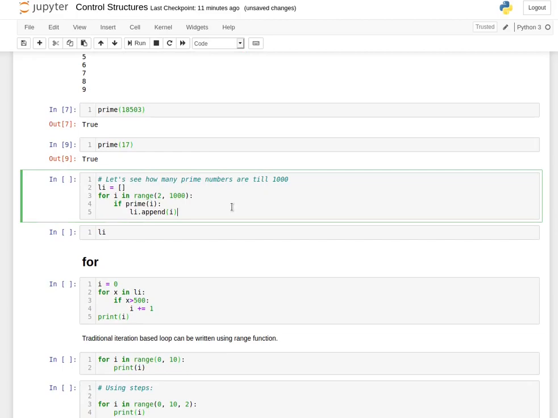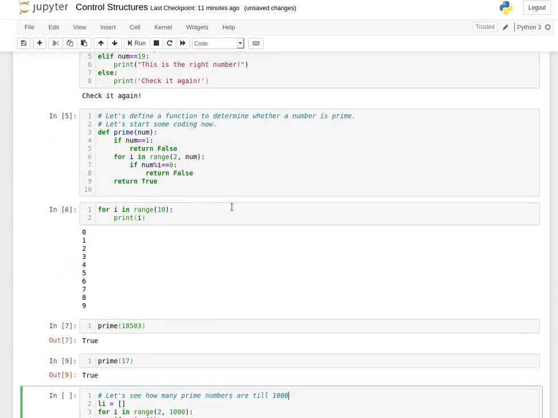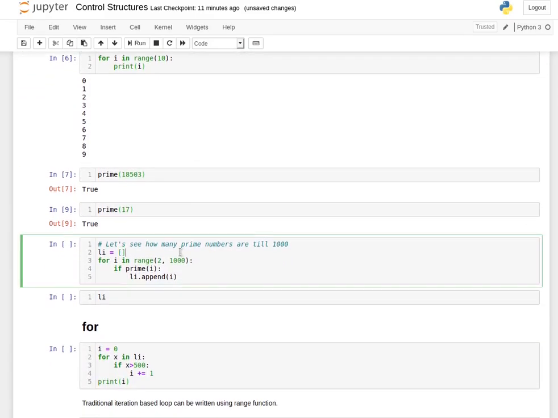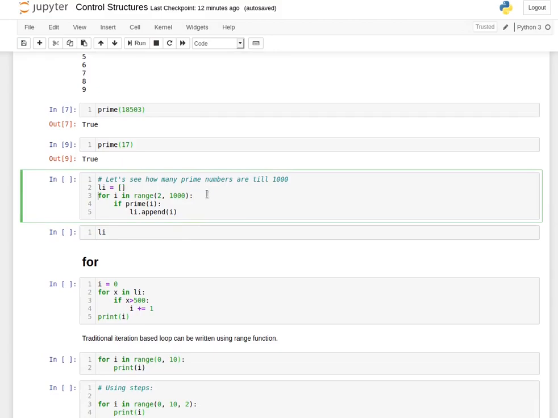Now over here I'm going to do something called finding out all prime numbers between 1 and 1000. As we know, I've created a prime number function, so I'm creating over here a list by using square brackets. It's an empty list. I hope you know the data structure list from the previous video. Then I'm creating a for loop in the range 2 to 1000, since we are looking for the prime numbers, right?